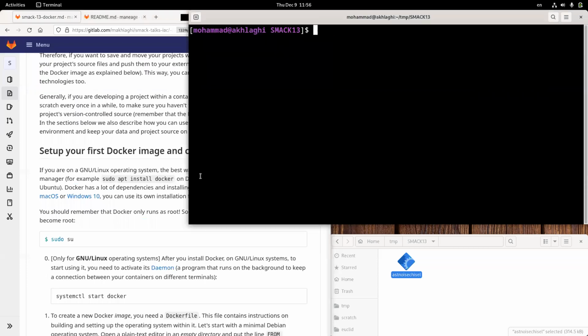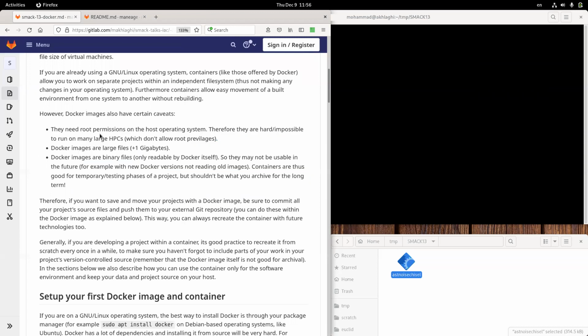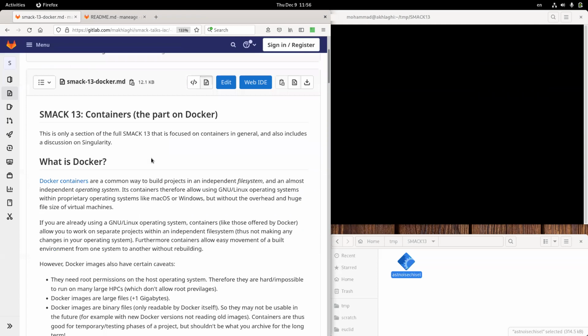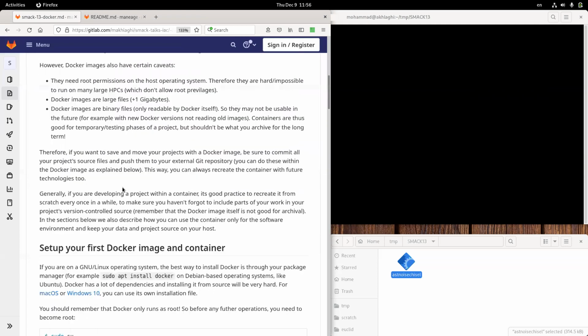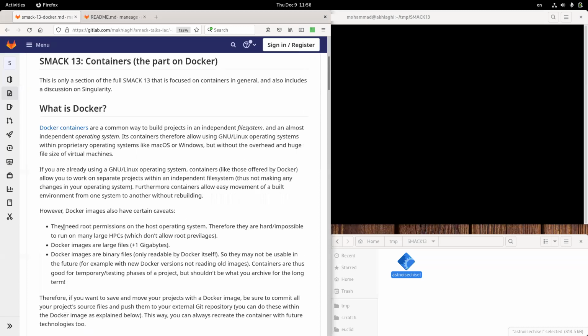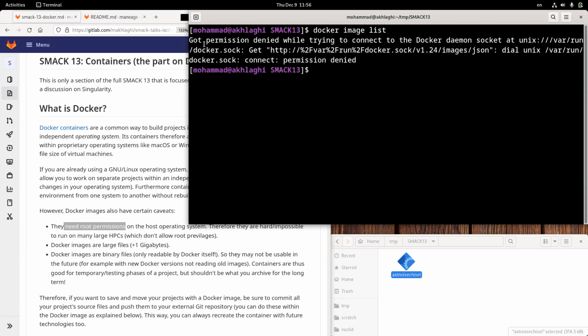Now, Docker is not perfect, right? There are several problems to it. In particular, this is the lecture notes that I'll be following here, and you can always have them later also. The main problem with Docker is that it needs root permissions. And this is a huge problem. So I can't run it. Look, if I do docker image list as a user, it says, sorry, I can't. I don't have permissions to